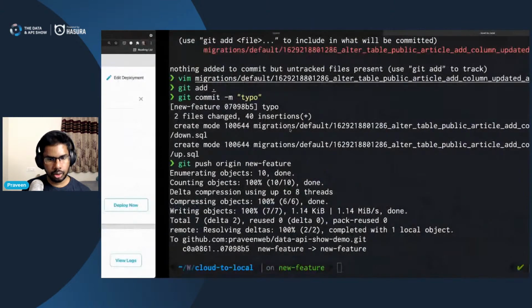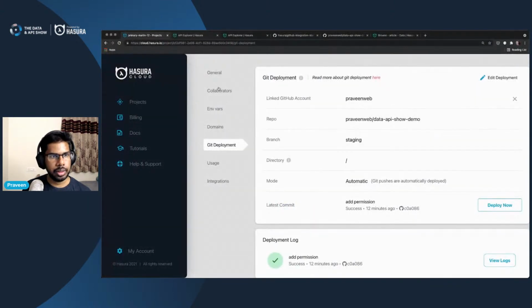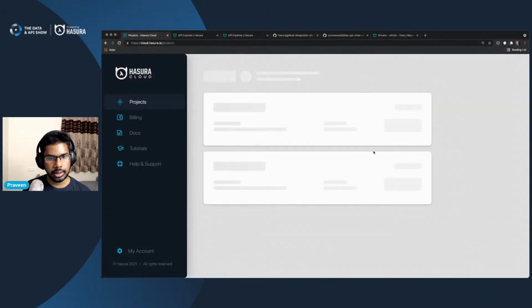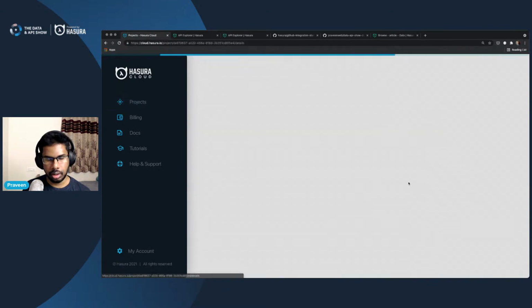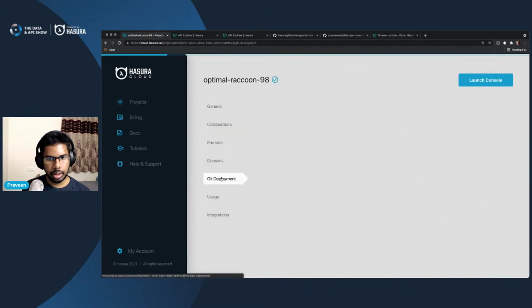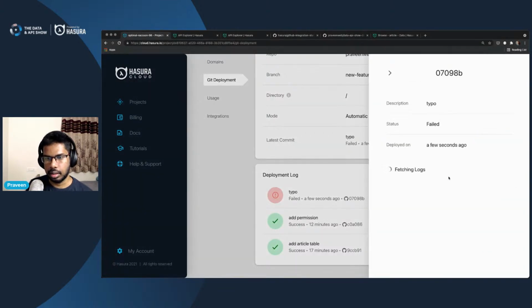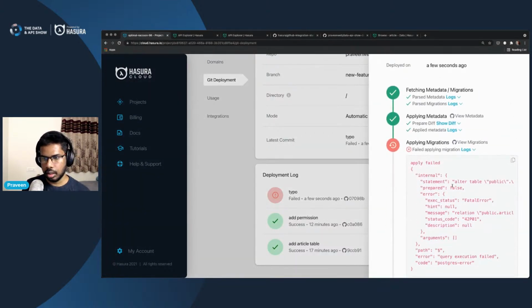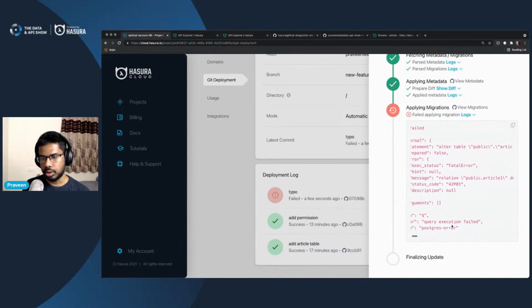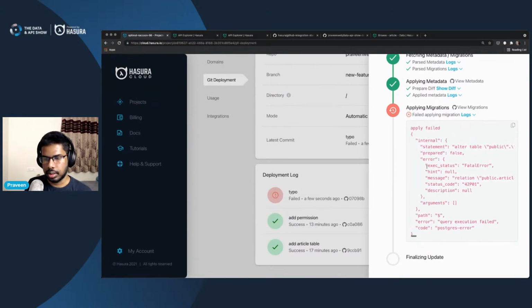So we've pushed it to new feature, which means it would be on the second project. So let's go to the Git deployment, and we can already see that it's failed because the apply failed due to the Postgres query execution failed error. It says basically public article 1 does not exist, right? So this is something that is clearly visible on the error message. So now